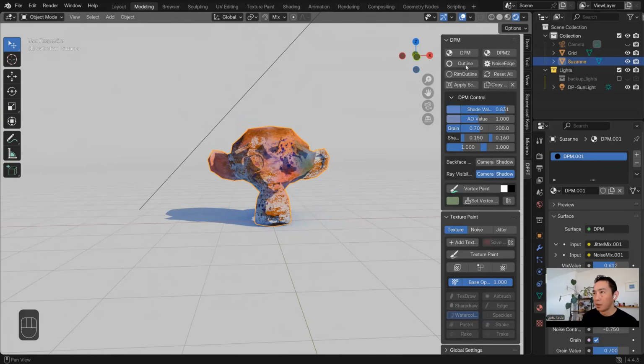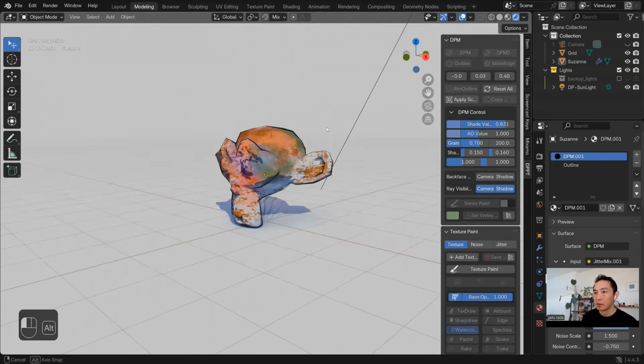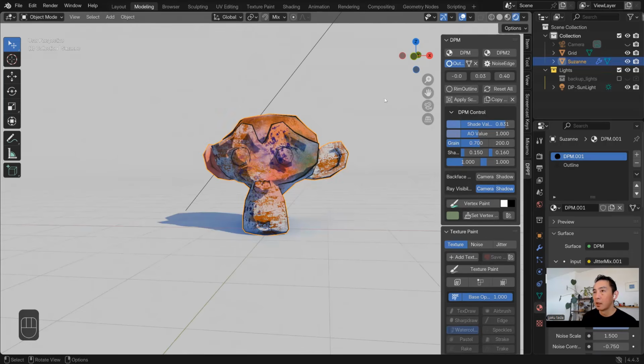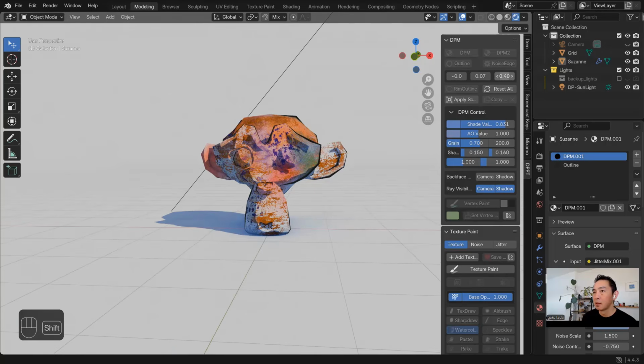Oh, by the way, there's an outline you can apply. There's this control to change the thickness or displacement or noise size.